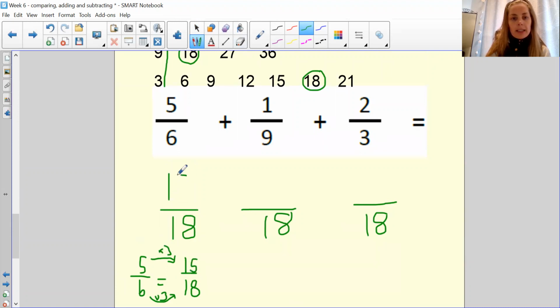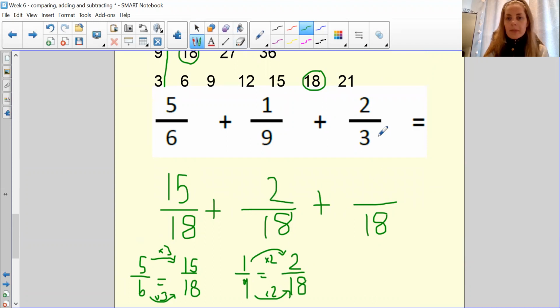So then I write the 15 at the top there, plus, and I put 1/9 equals, how many 18s? And I say times by 2. So whatever I do to the one number, I need to do to the other number. There's going to be 2 18s, so I'm going to put a 2. And then I've got 2/3